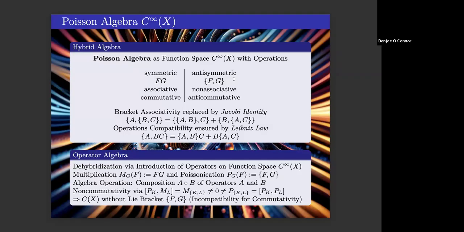Then you can say, okay, I introduce multiplication and Poissonication operators that are just left or right multiplication, or left or right acting with a Poisson bracket. So you can define those operators on this function space. And now you have a normal algebra, where you take as the elements of this algebra those operators, m_g and p_g, multiplication and Poissonication. And then the composition is